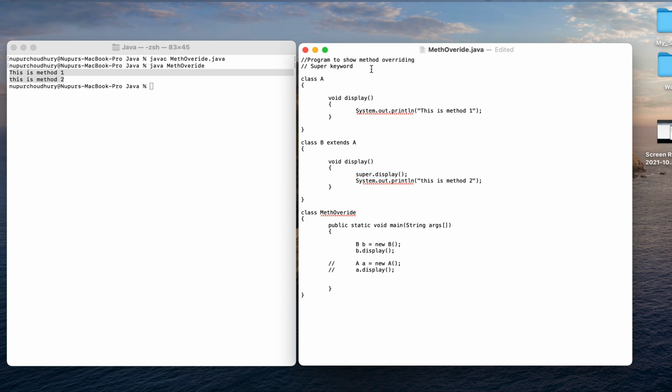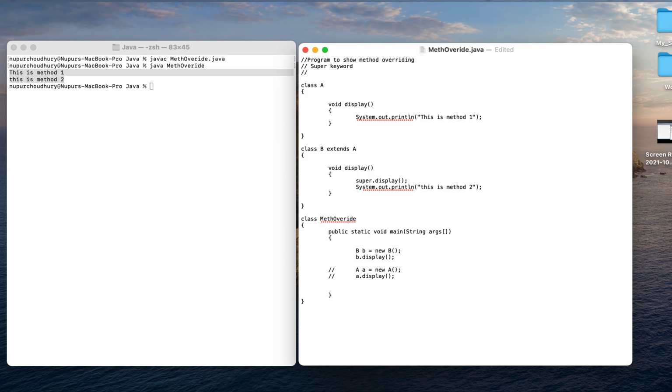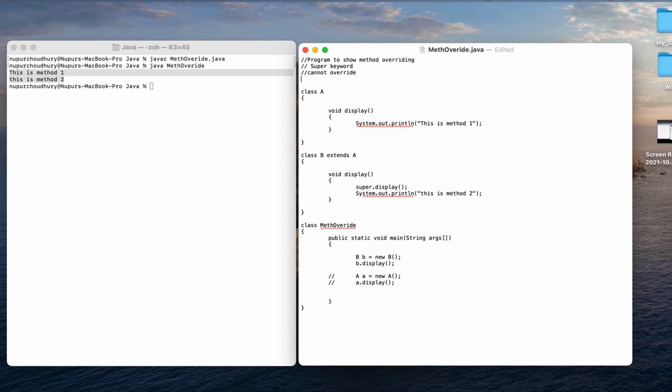Okay, the next thing that we will be discussing here is which are the methods that we cannot override. So can all the methods inside the classes be overridden? The answer is no. Which are the methods that we cannot override?